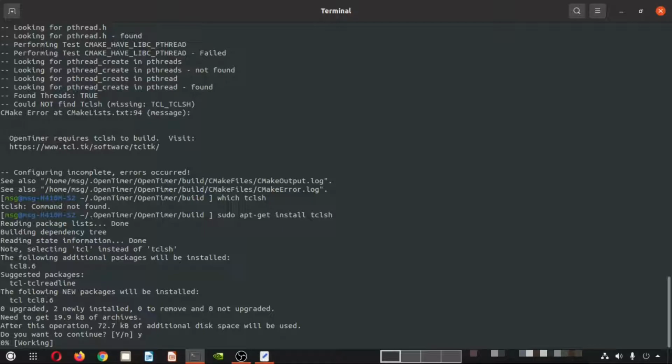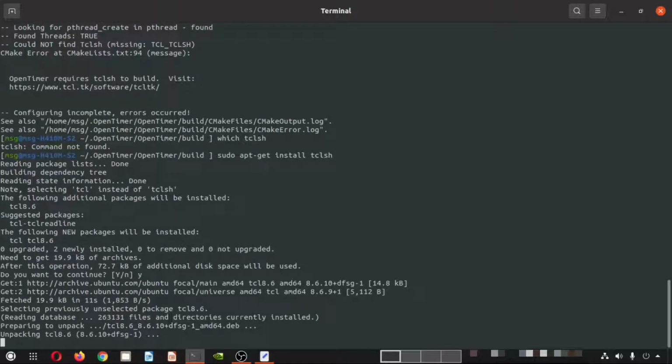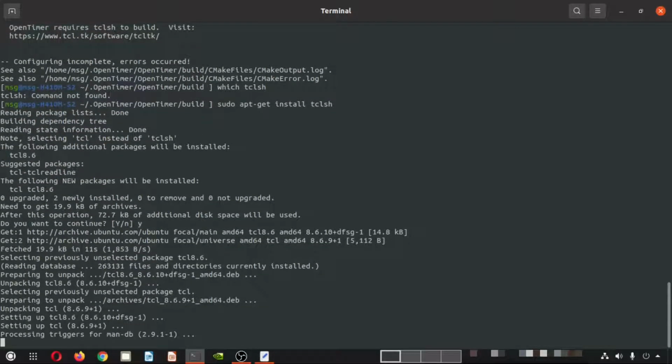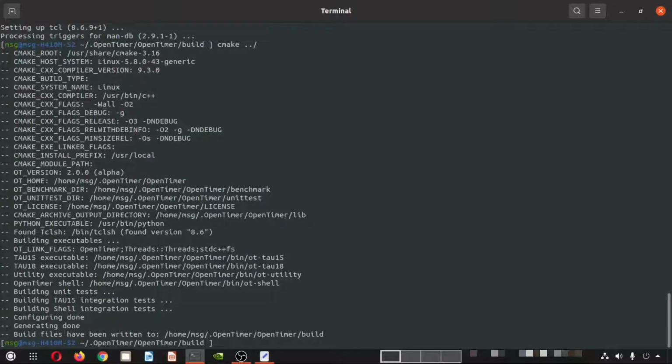So let's wait. Once the tclsh starts to install, yeah, it is installing. Now it's done. Let me execute cmake again.